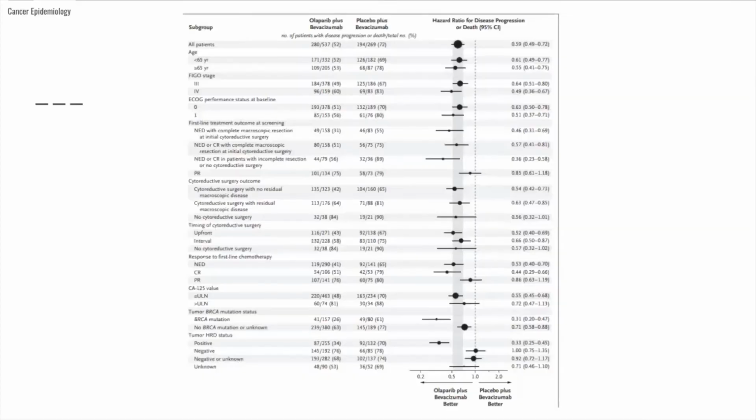And then for disease progression or death, Olaparib significantly reduced pretty much all cases such as age, stage,